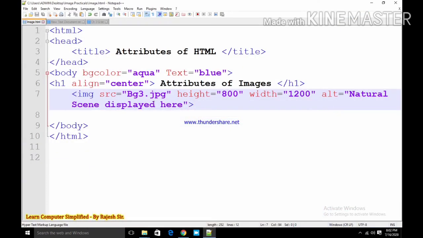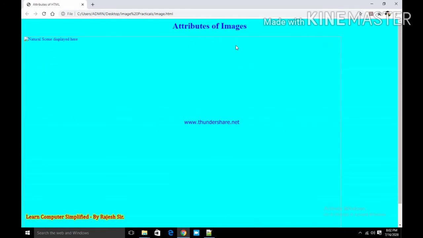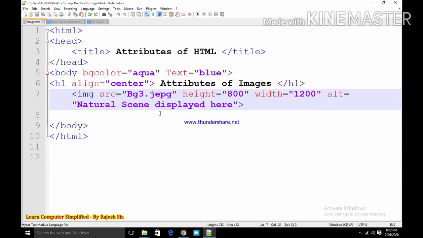But suppose I make some mistake, changing the name or with a spelling mistake. Then you can see the dimension is set but the image is not displayed, and meanwhile the text "natural scene displayed here" appears in the web page. This means that if the image is not displayed for any reason, we can see the alternate text.